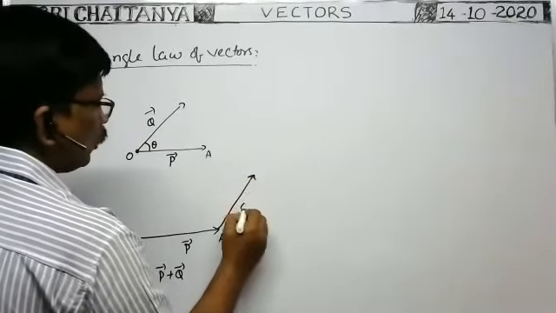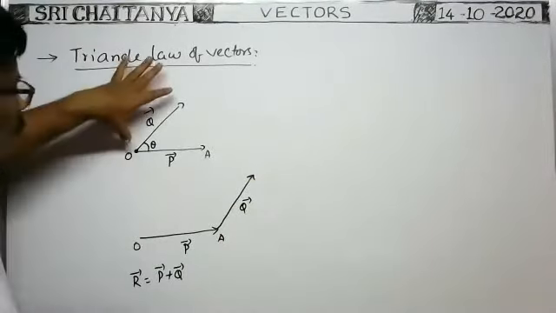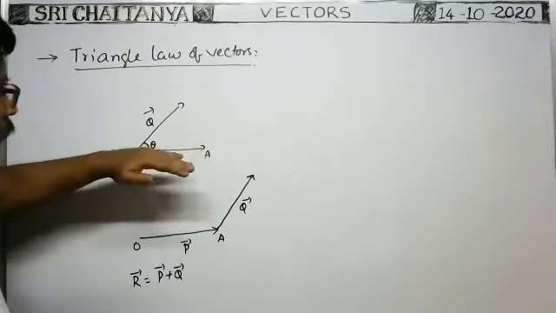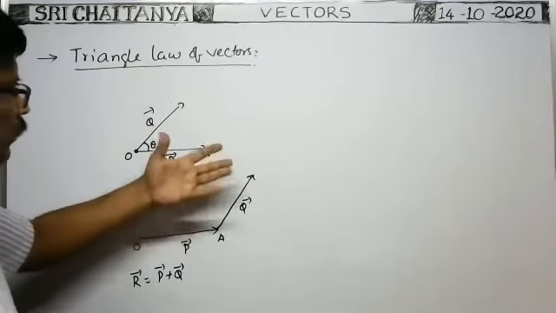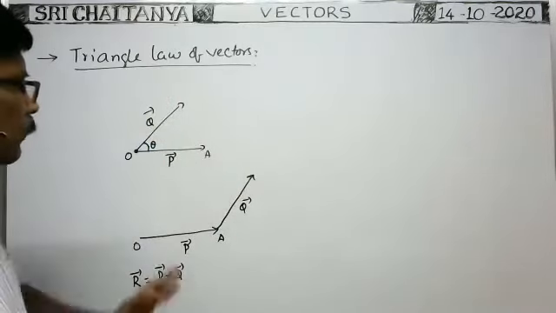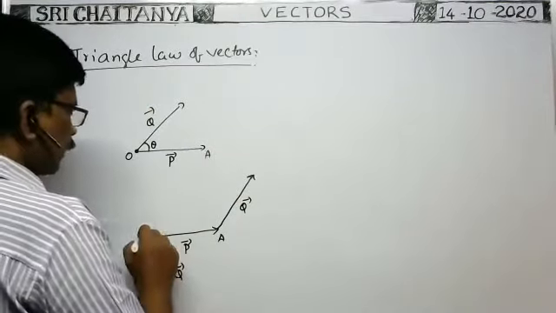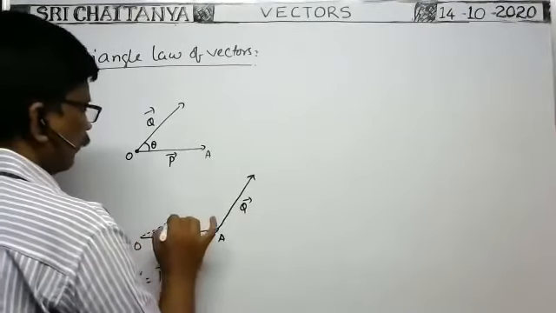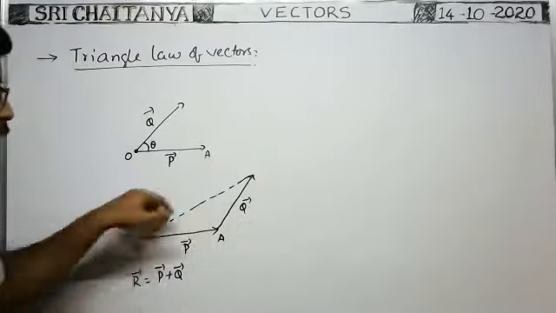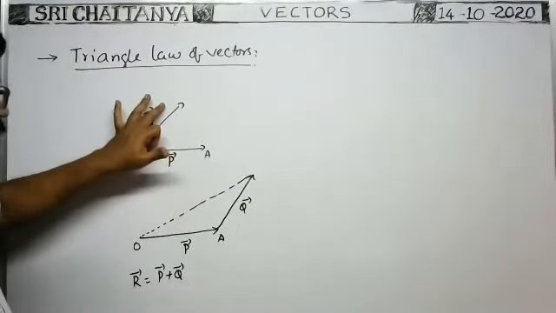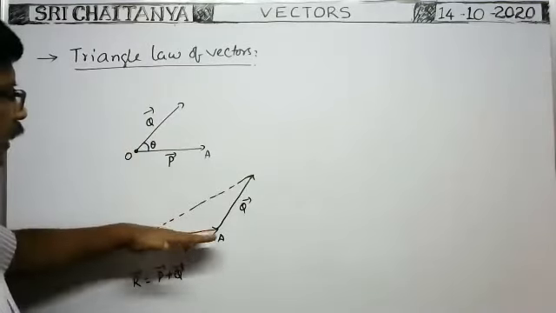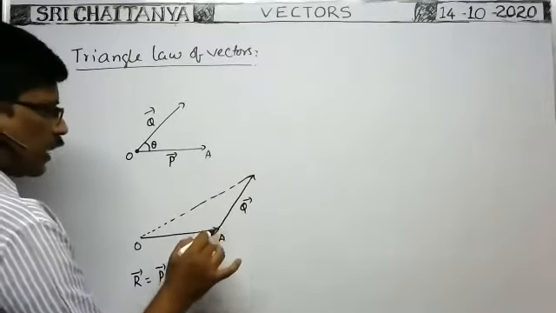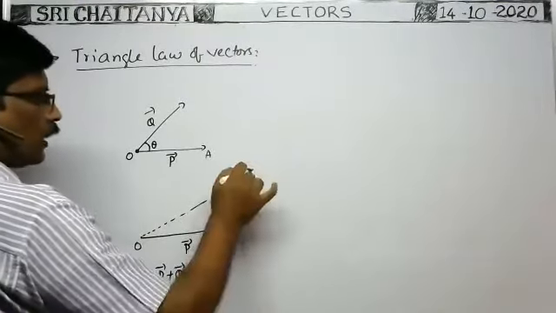This is q bar. You see, whatever the length of this vector, this length is also the same. So the magnitude is the same. These two are parallel, so the direction is also the same. If it is q bar, it is q bar. Now, if you join the initial point of p bar and the final point of q bar here, you see, this is one triangle actually. The two vectors acting on a particle simultaneously are represented as the adjacent sides of a triangle taken in order. Order means the first vector is in this direction, and the second vector starts from this end in this direction. That means taken in order.